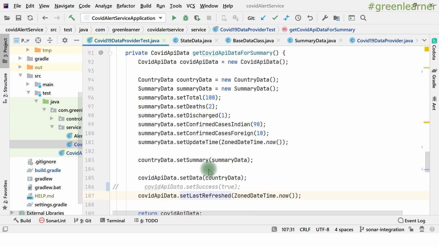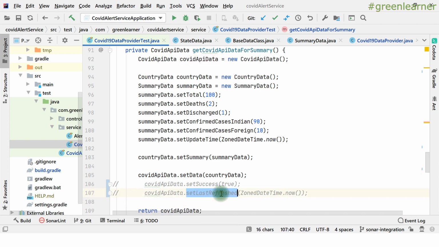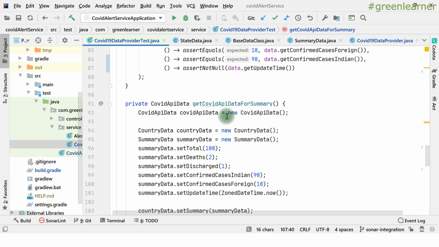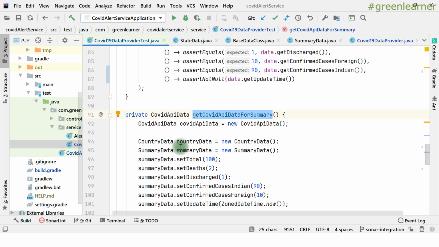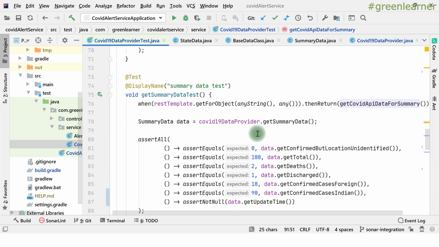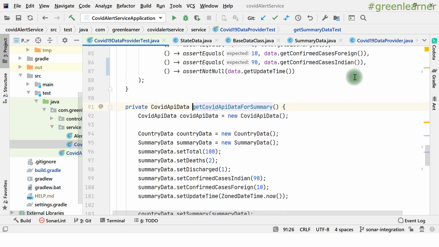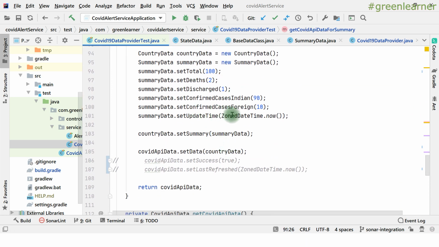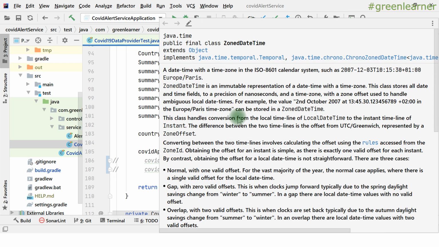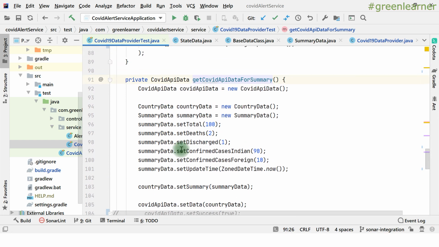So basically we are not using this refresh time at any place. COVID API data set last refresh time, right? But we are not using this one. So I can just comment this out, because there is no point in putting this one. And when we are doing this one, we are setting the update time and getting that one. So that's okay, right?